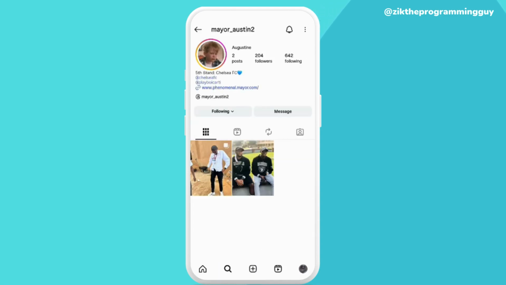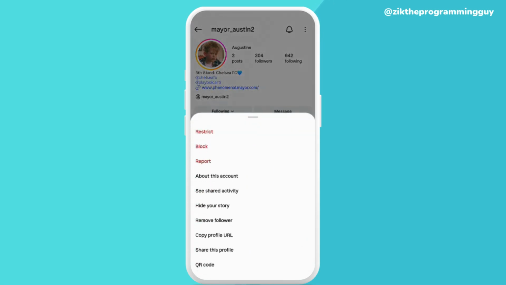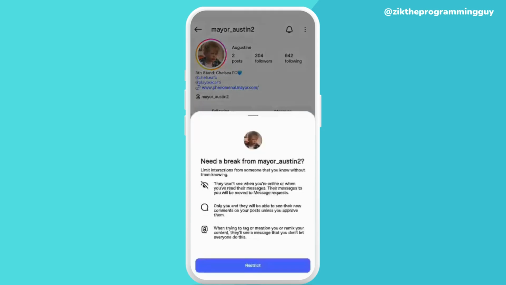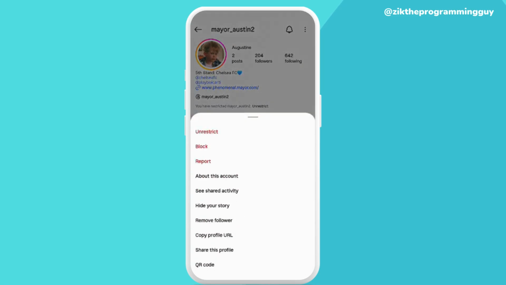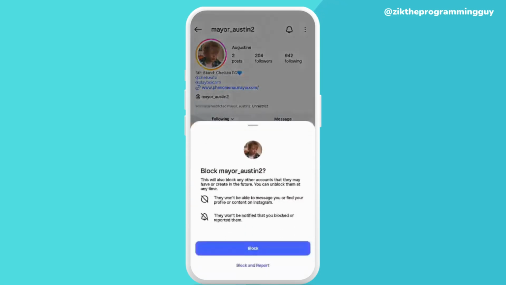So what you're going to do is just click on these three dots on top of your screen. There are three options: you either restrict, block, or report. So the first thing you're going to do, you just have to restrict him. So boom, you have restricted, and you can also block him if you want to. So just block, and